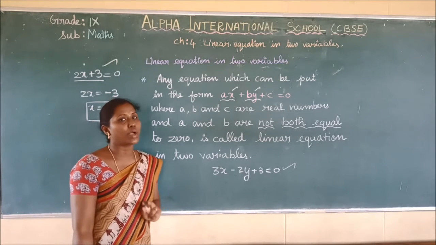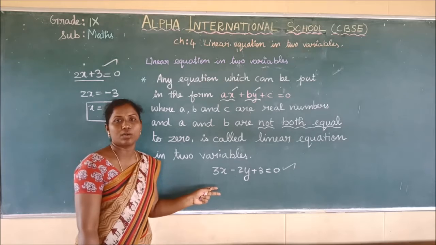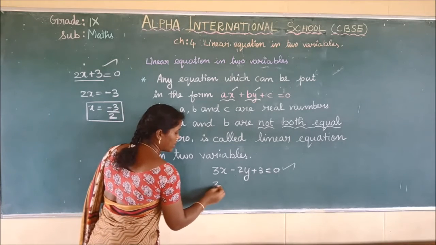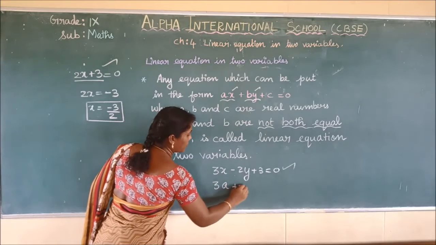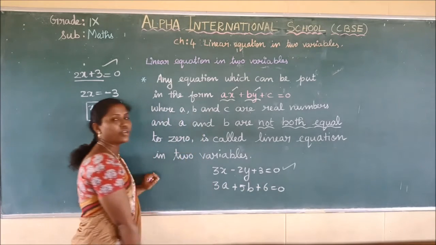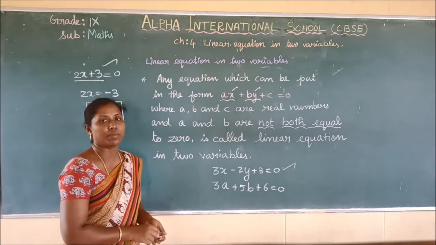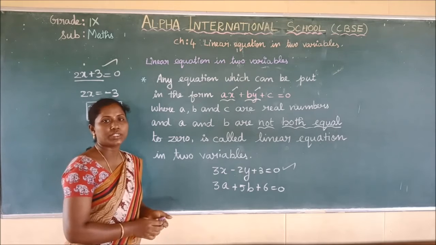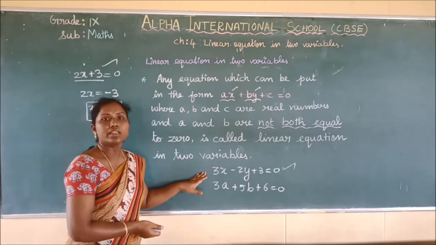It should have two alphabets, okay, variables there. Instead of x and y, we can use like this also, 3a plus 5b plus 6 is equal to 0. Instead of x and y, we can use any other two variables also. And the important thing about the linear equation that you have to know is, for the linear equation in